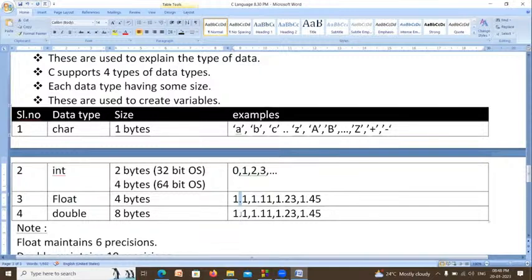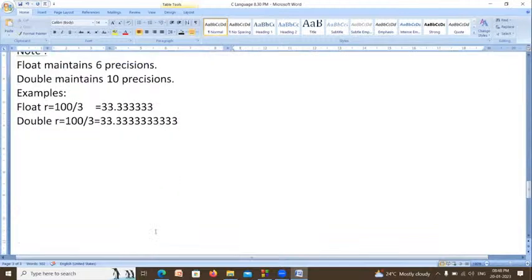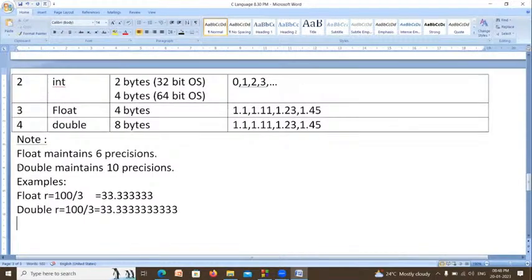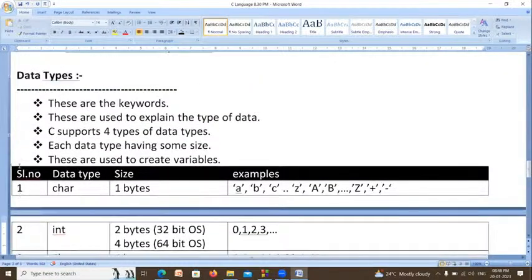Double also has a decimal point, but float maintains only 6 fractions. Whenever you say 1.1, then float will be stored like this: 1.100000. Why? Because it will maintain 6 fractions, 1, 2, 3, 4, 5, 6 like that. So it is called float. But double maintains 10 precisions. That is the difference, right?